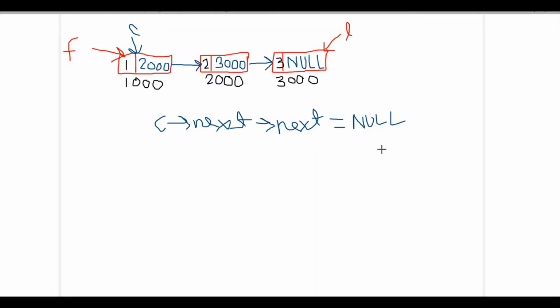If this equals null, we will stop traversing, and we will delete the next node. Okay, means if we start from here, we will check this condition, current node